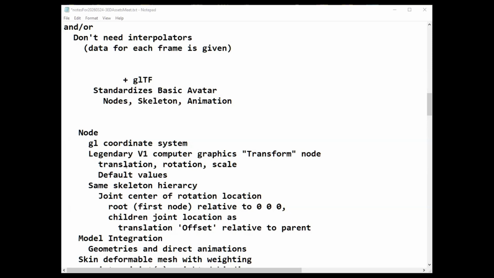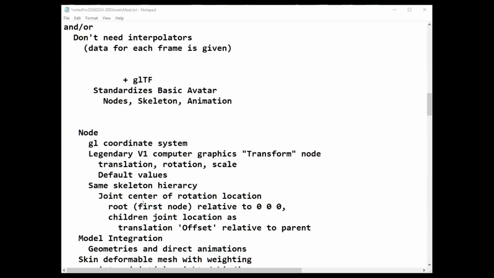So you can have a hierarchy of nodes, and the children are positioned according to the parent translation, rotation, and scale. There are some default values for this. Usually translation is going to be 0, 0, 0, rotation is going to be 0, 0, 1, 0, nothing, and scale will be 1. So we can take advantage of some defaults when we are sending data.